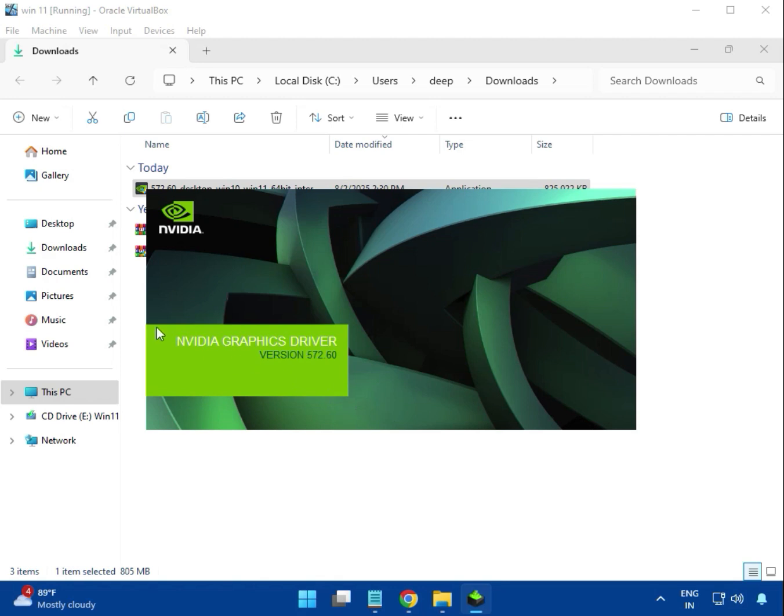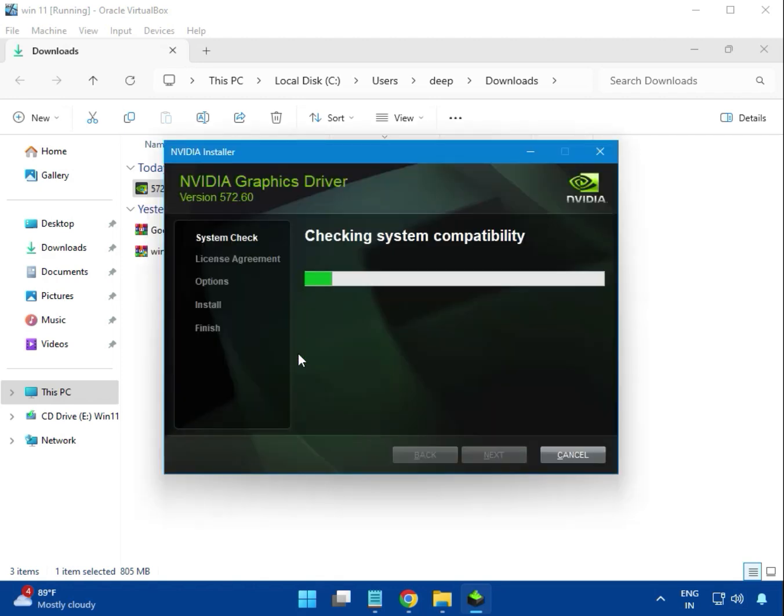After that, it is checking the connectivity, and then next to install, next and then restart